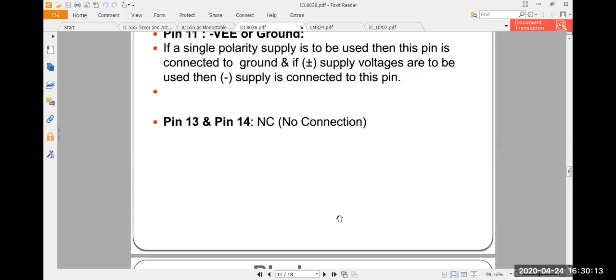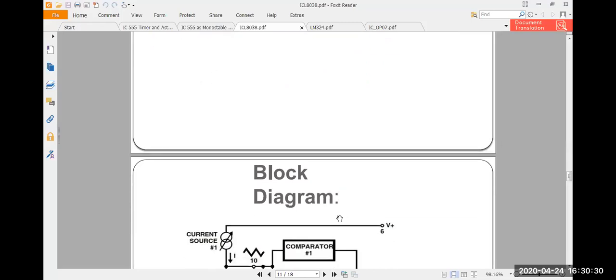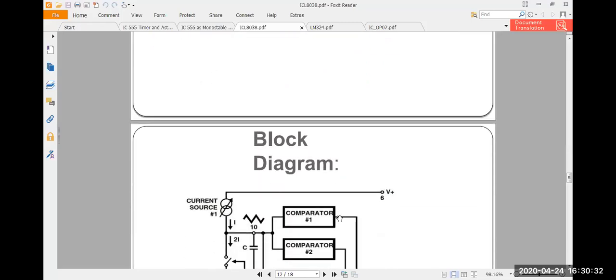So this is one of the solutions to it, that you can make use of this particular IC, which you can see is very small, and by using this IC you can generate the waveforms and use them in your application. And that is why we need to learn these ICs. That is why they are named specialized ICs. Whatever you can do with the help of op amps or with the function generators that we use in the lab, the same can be done with the help of these ICs.